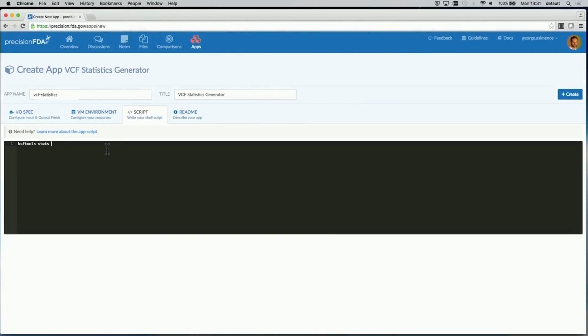Therefore, since I named it variance, I can just say variance path. And this is just going to be whatever the file is named by the user when they give it to me as it lies on the local hard drive of the VM. So I'm calculating the statistics, and then this is going to create a file. So I need to redirect the output somewhere. Let me call it